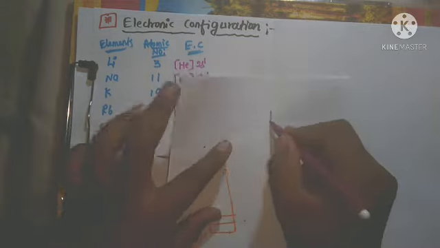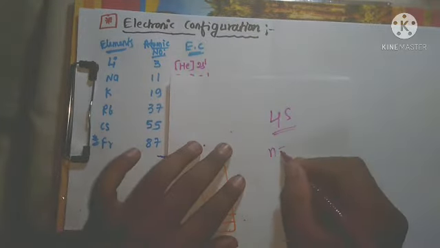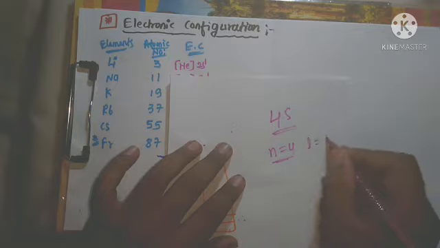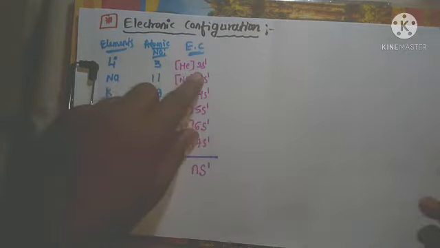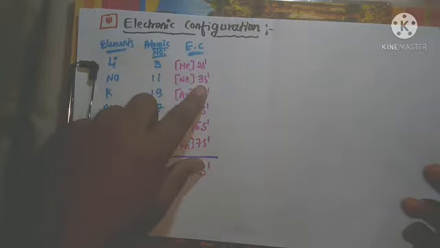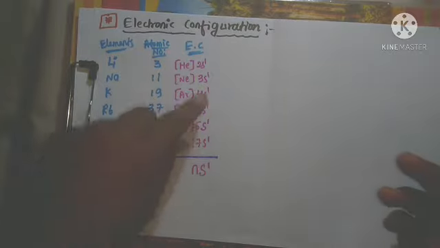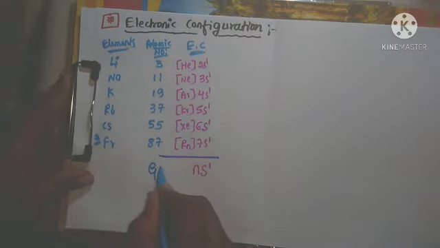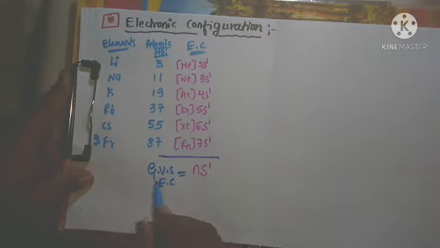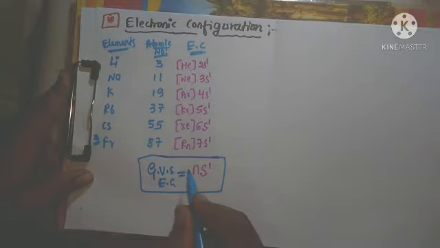Just check here. Now 4s is there. What is the n value? You only wrote 4. l is equal to how much? 0. The first digit indicates the n value. Here also, here 2s, n value is 2, here 3s, n value is 3, means the first value is n, and s1 as it is, means this is the general valence shell electronic configuration for group 1 elements. This is called as what? General valence shell electronic configuration for which block elements or which group elements?